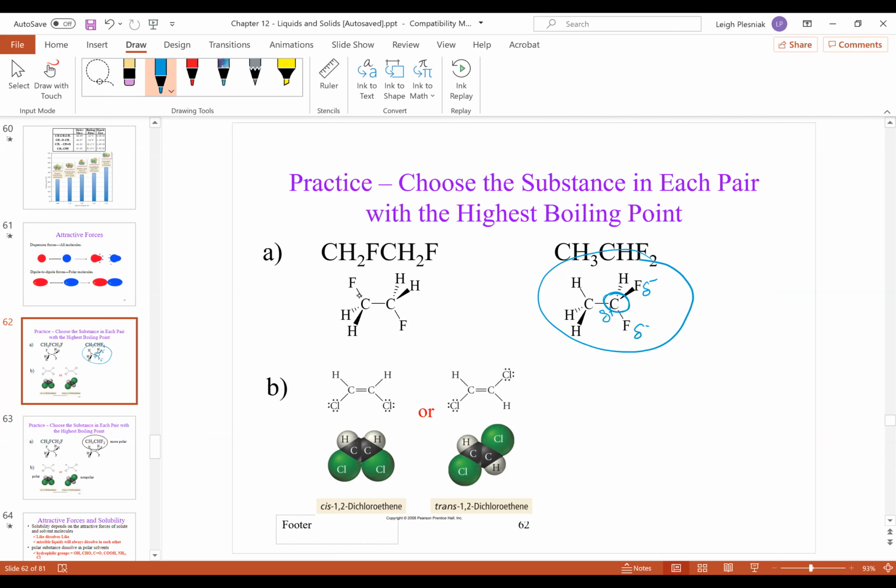Yes. Okay, now on this, our carbon bonds don't rotate. They're fixed in place. So this hydrogen is here and this chlorine is here and there's no rotation. So we have the same molecular formula, but in this case, the dipoles go like this and like this. On this molecule, they go like that and they go like that. These subtract from each other, these add. So this is going to have the higher boiling point.